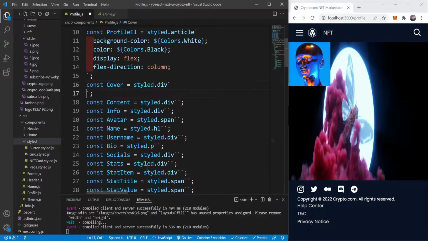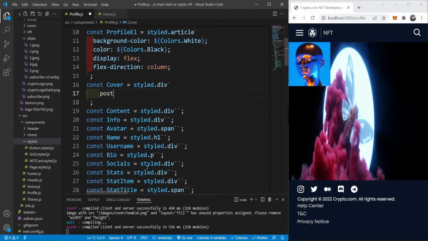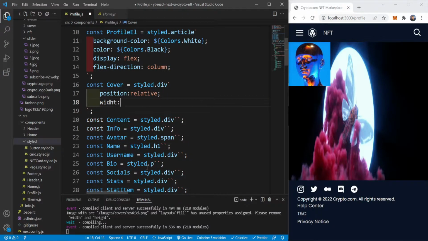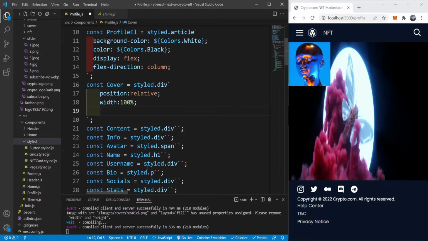For the cover, position is relative, width is 100%, overflow is hidden,